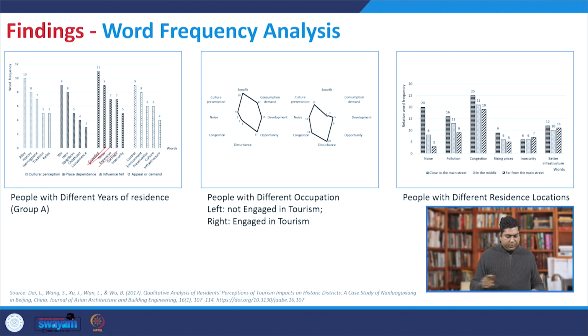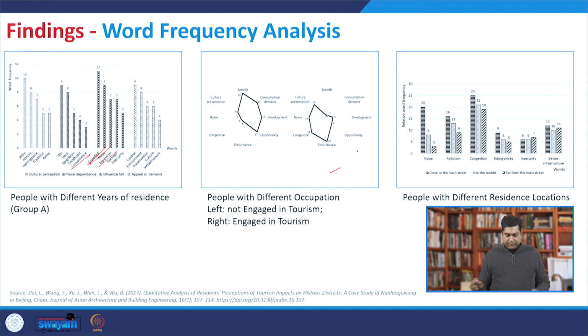Similarly, there are a few other pointers that they discussed, such as convenience and childhood, that all came out as different words when they expressed their feelings of attachment. Like if you have grown up in a place and then you see that your location is now taking a different shape, you don't like that change, and you can express that.